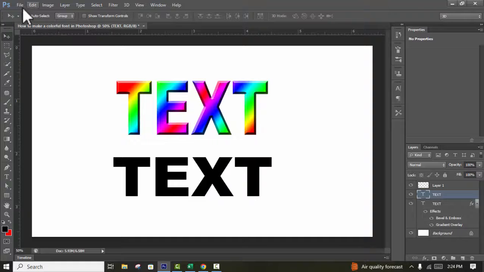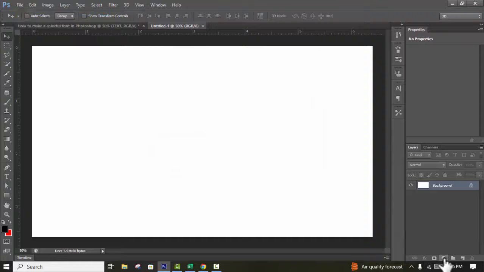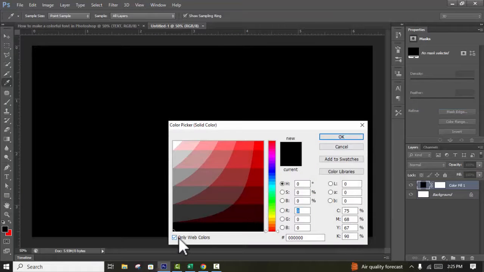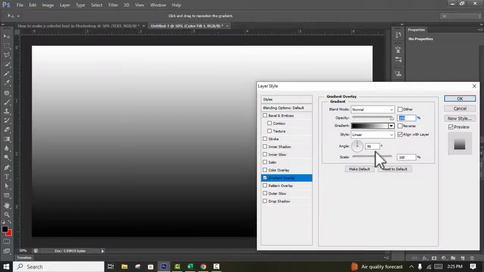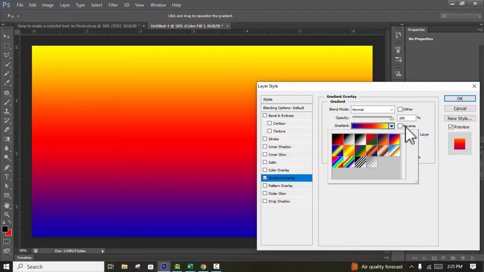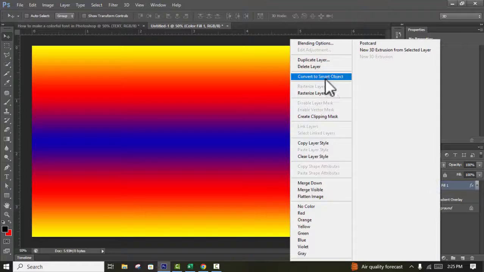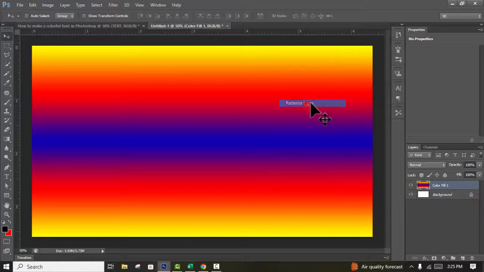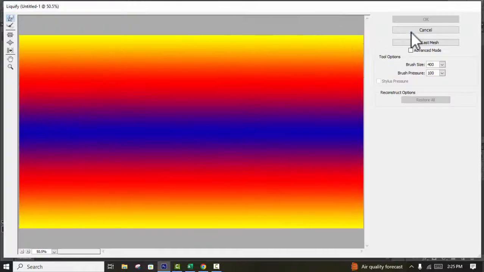I already inserted or wrote this text. Create again double document, right click, convert to smart object, rasterize layer and gradient options, reflected, right click again, convert to smart object, rasterize layer, go to the filter tab, liquify, sorry,